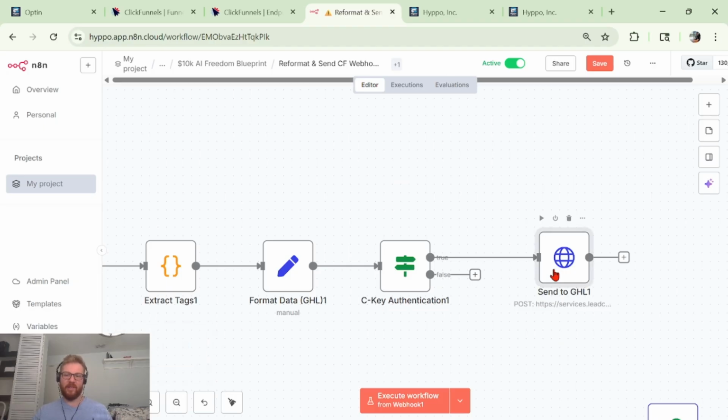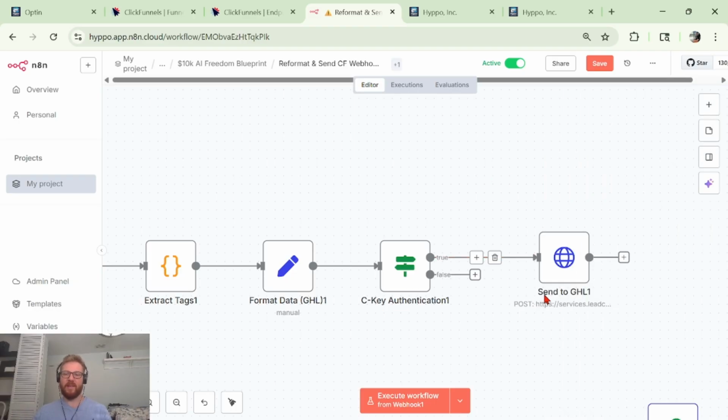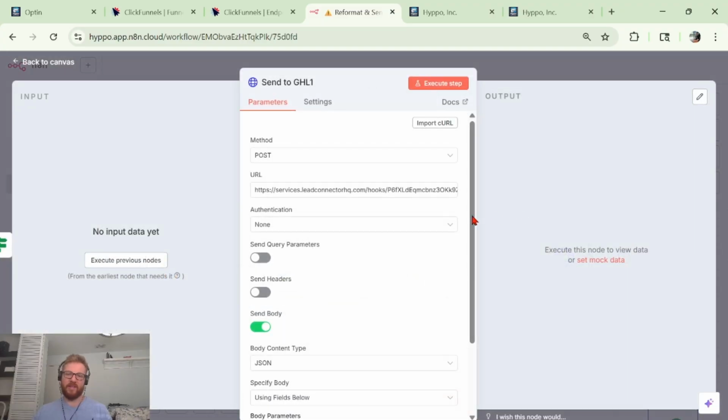Anyway, the last thing we need here, we're going to need this node here, which is an HTTP request. If you do a lot of integration between softwares, you're going to use it, especially for ones that aren't N8N supported. I mean, they don't have native integrations. You're going to use this. And basically what that does is